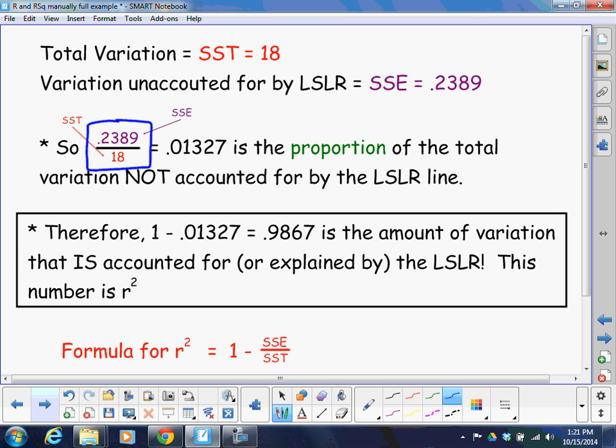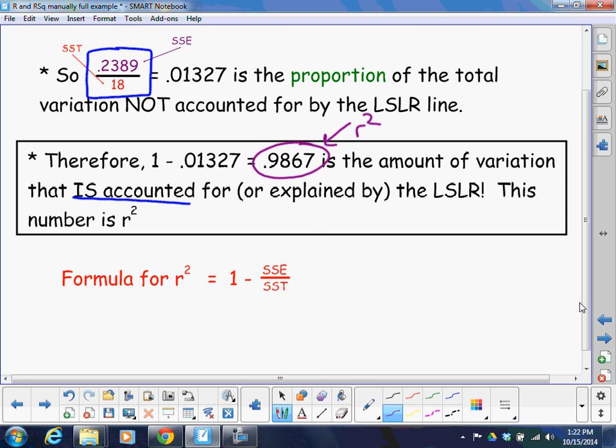And what R squared is asking is how much is accounted for by the line. So what we just need to do is take our number that we got and subtract it from 1. And we will get this number, 0.9867. That will be your R squared for that situation. If you use a calculator and check it out, that's right. And again, its interpretation is you would say 98.67% of the total variation